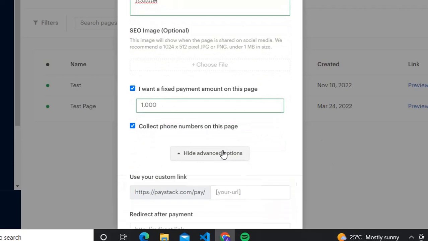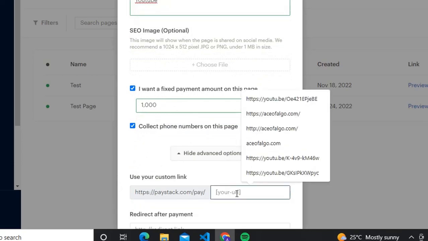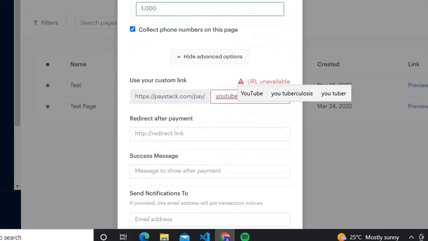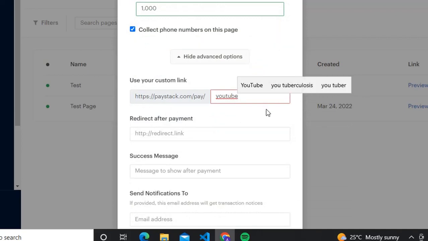And advanced options, this is where you get to customize your payment link and all that. So you can just go with YouTube. Okay, so this is the link you're going to share. Apparently this URL is unavailable. You can just go to YouTube. I don't know, just any URL, customize the URL to anything you feel like. Then